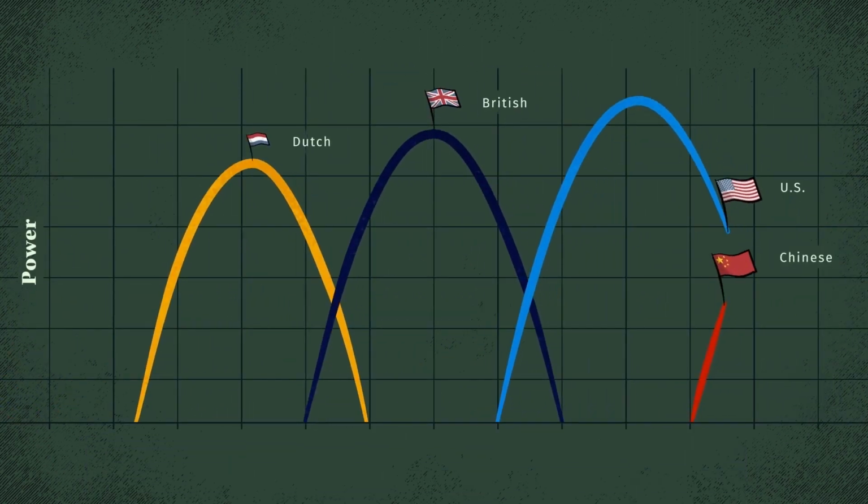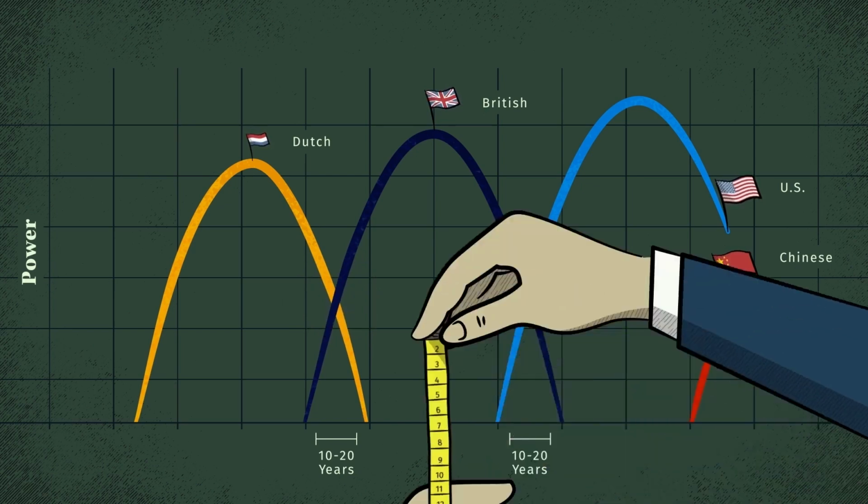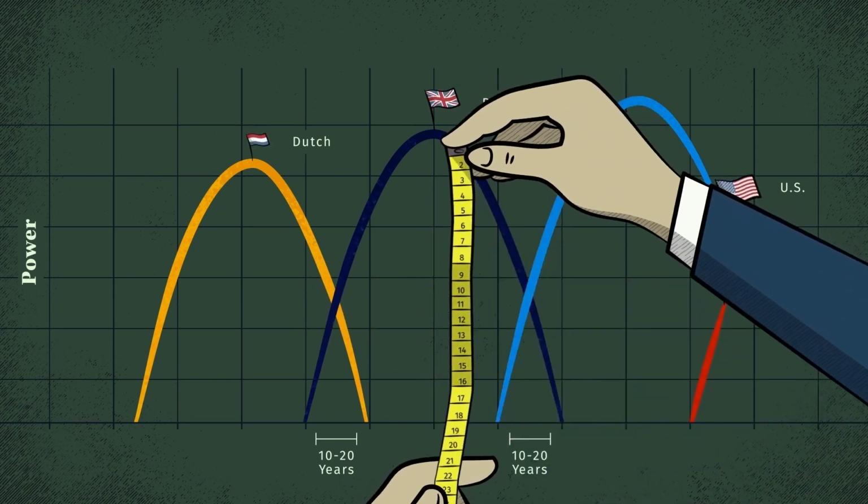As you can see, they transpired in overlapping cycles that lasted about 250 years, with 10 to 20-year transition periods between them. Typically, these transitions have been periods of great conflict because leading powers don't decline without a fight. So how am I measuring an empire's power?